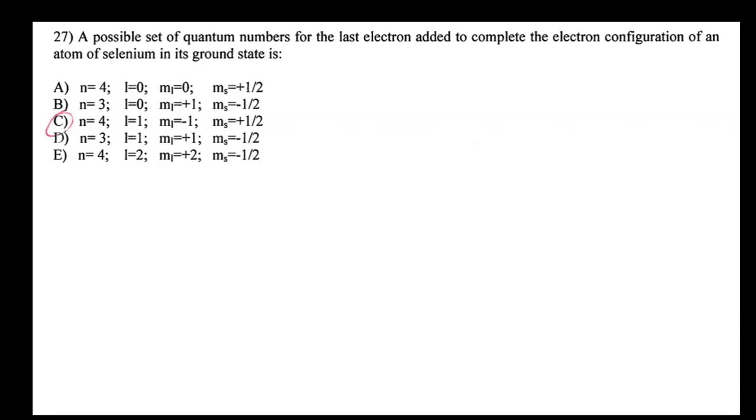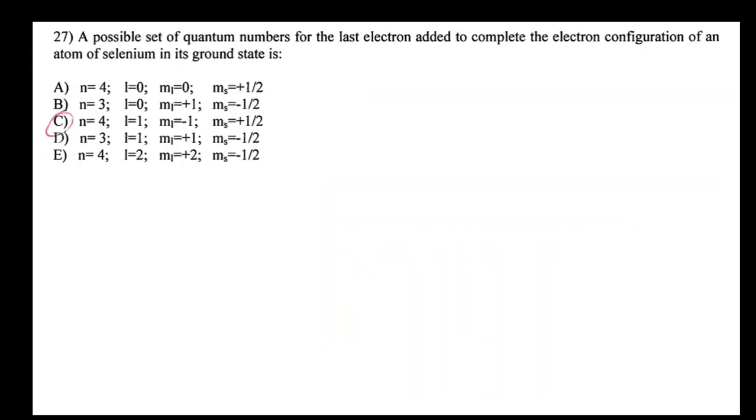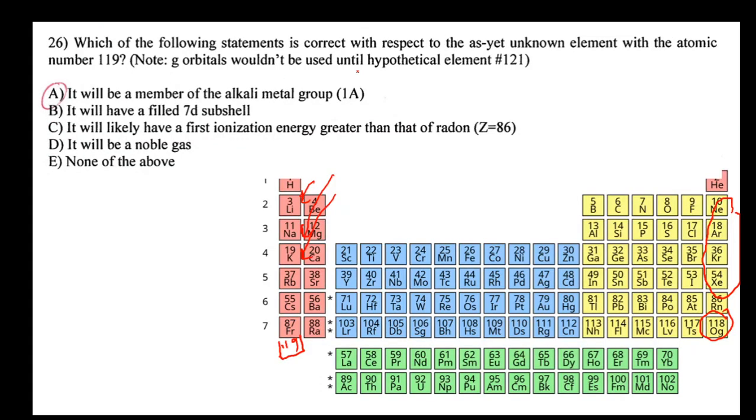Okay, 27. A possible set of quantum numbers for the last electron added to complete the electron configuration of an atom of selenium in its ground state is... Ooh, boy. Okay. Where's selenium? Selenium is 34. The full electron configuration for that is going to be 1s2, 2s2. So I feel like this is going to be a helpful thing to point out while